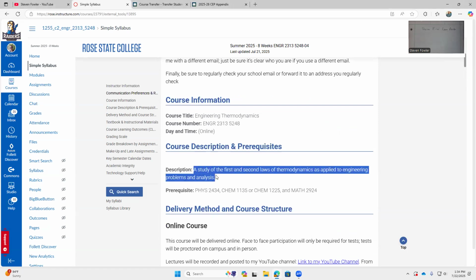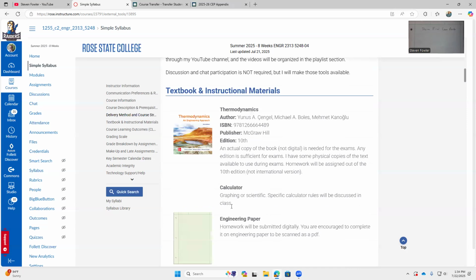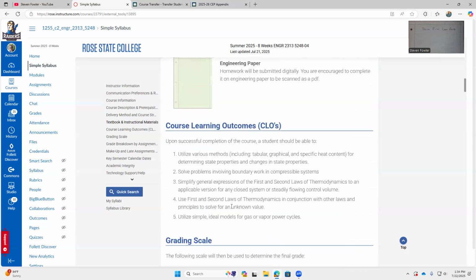And I know when I first started teaching, a lot of times, if I'm evaluating a course to see, well, is this transfer equivalent? Is it the same as our thermo? This is where they would start. And I've learned over the years this is not what you want to evaluate transfer credit on. If they're written well, a good syllabus should have some block like this: course learning